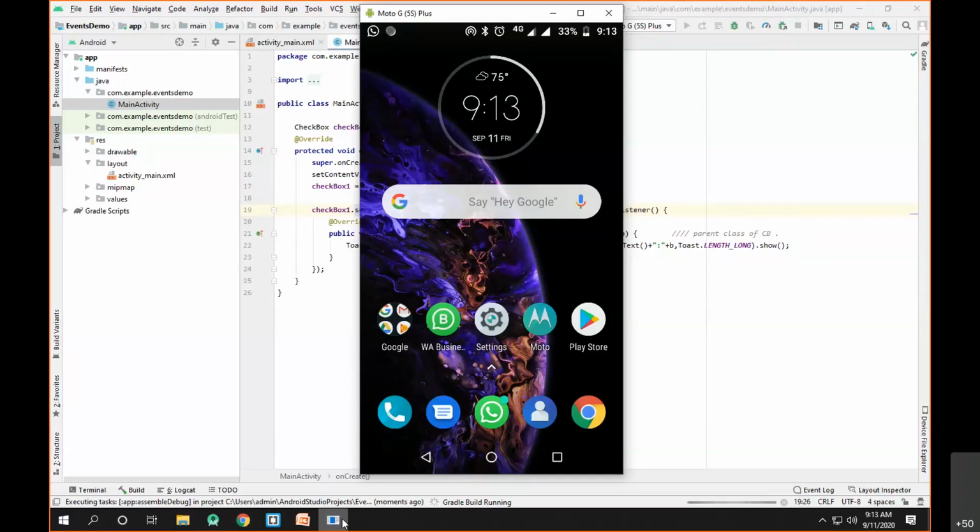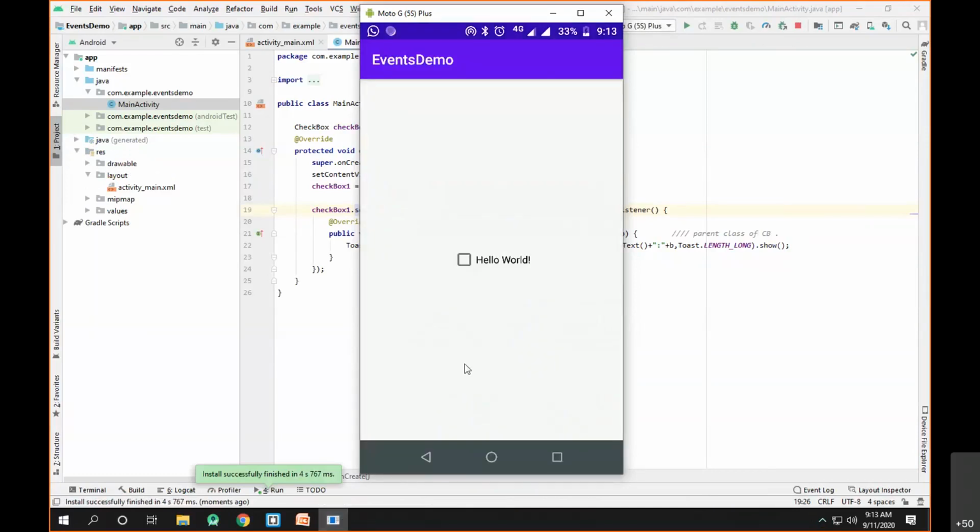You can see the Gradle build is running here. The Gradle build is finished and it's installing the app. Currently you can see there is no toast since the checkbox is not interacted with. Now let me click on the checkbox.